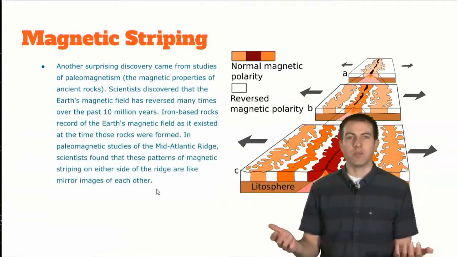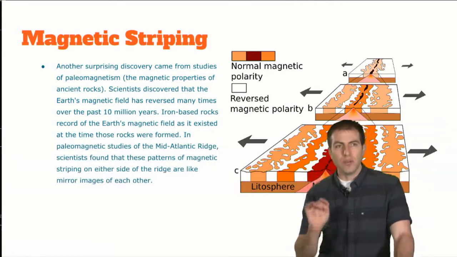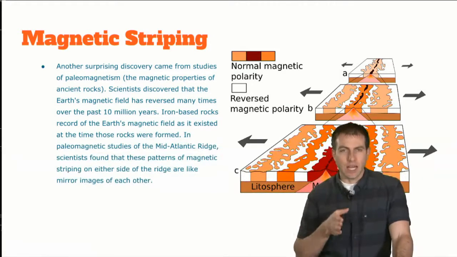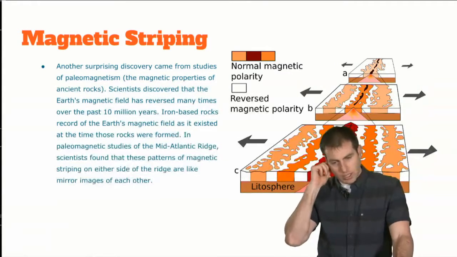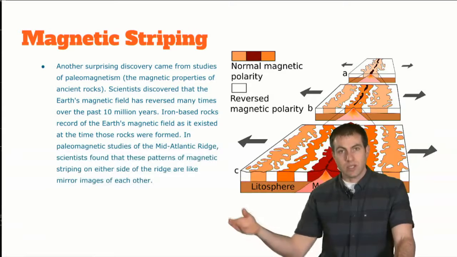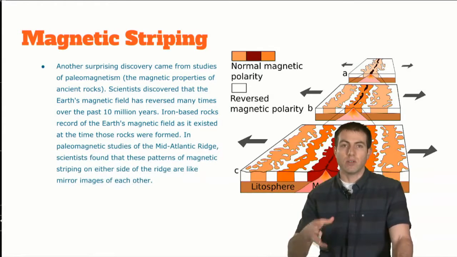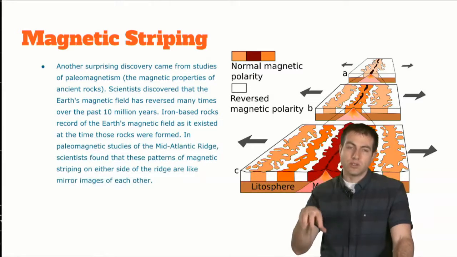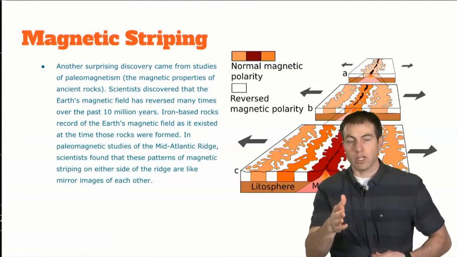How do we know that the magnetic poles flip? We know it's moving, but how do we know it flips? Think about that line down the middle of the Atlantic Ocean, the mid-Atlantic rift, we call it. As we got better at developing technology and recording, and being able to look at rocks, we started doing studies at the bottom of the ocean and on rift valleys, like the one I showed you in Iceland,